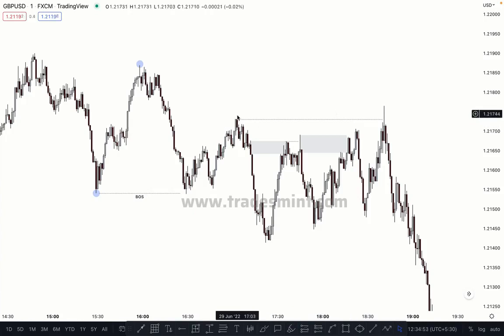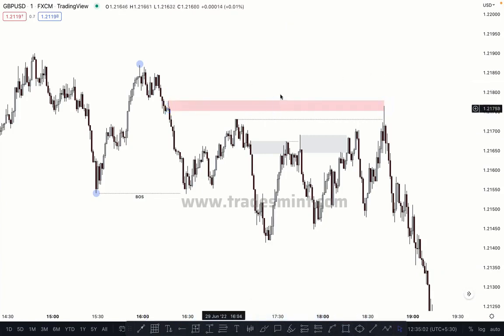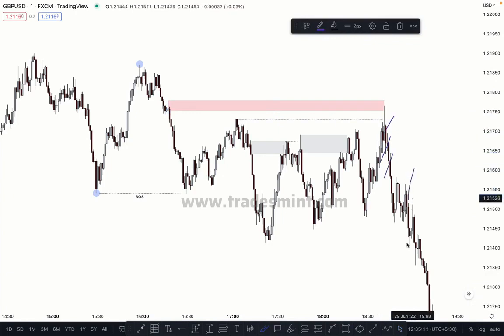Okay, so market takes this high and mitigates the left side order block, which is here. Market taps this order block and then pushes downside. After mitigating this order block, this entry is valid, and you can stack multiple entries here to here. I will discuss this in the next upcoming chapter, as I told you. So this is the kind of liquidity created by retailers and smart money traders.